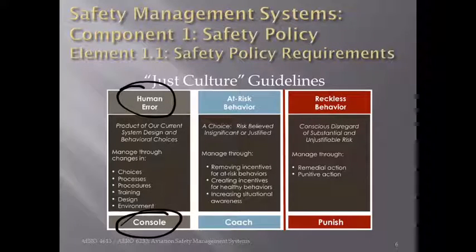So upon investigating a mishap, you should look to uncover motives. If the mishap or the report happened because of human error, Just Culture argues that the involved employee should be consoled. Consoled meaning comforted. So why would that be? I make a mistake as an employee. Why would the employer comfort me rather than chastising me? Well, the employee messed up. The employee will feel bad. Furthermore, anyone else in the same situation, as the theory goes, may have made the same mistake as well.